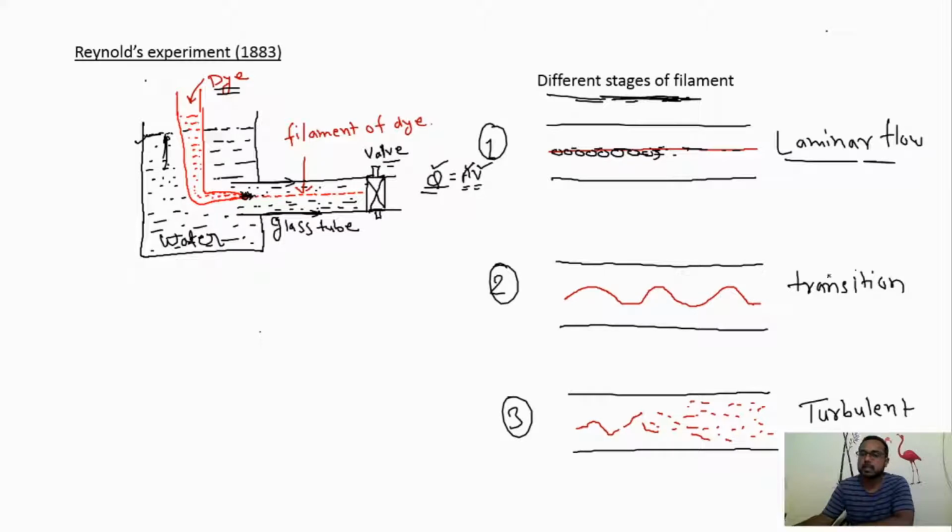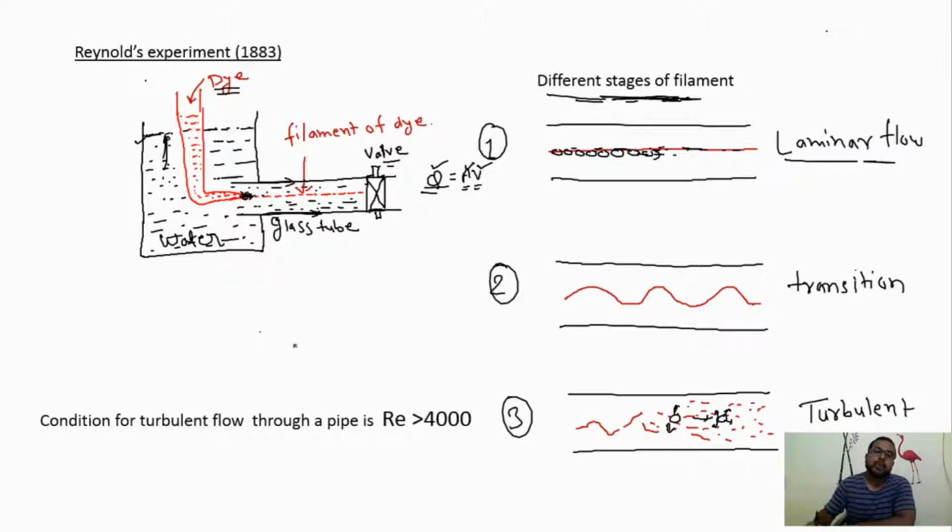And the second one is transition. It is obtained whenever we open the valve more and more. At that condition, we found that the dye moves in a waveform, and when we open the valve more again, the dye just diffused into the water. What does it show? That the particle moves perpendicular to the direction of flow, and also in the direction of flow. So here particle motion is in random direction. In turbulent flow, particles move in random direction, and for laminar flow, particles move in their lamina.